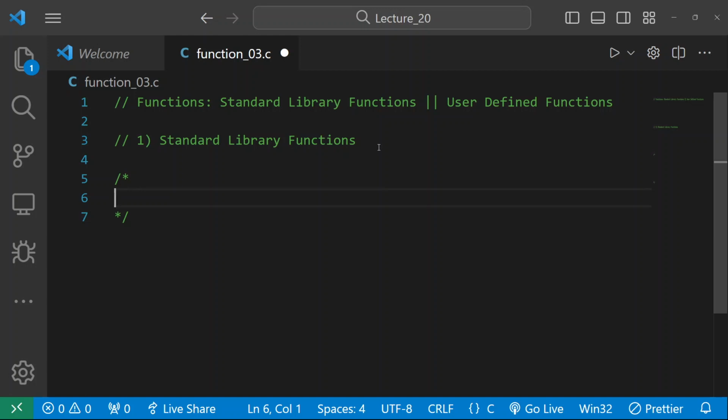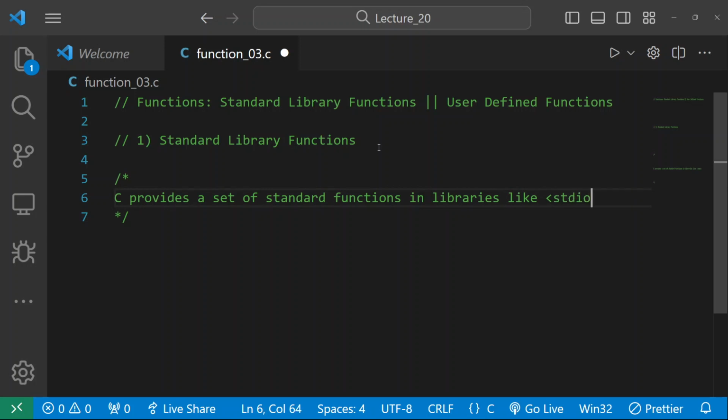If you don't know, see now. The C programming language provides a set of standard functions. What are the sets of standard functions? So in libraries, basically in libraries, okay, like